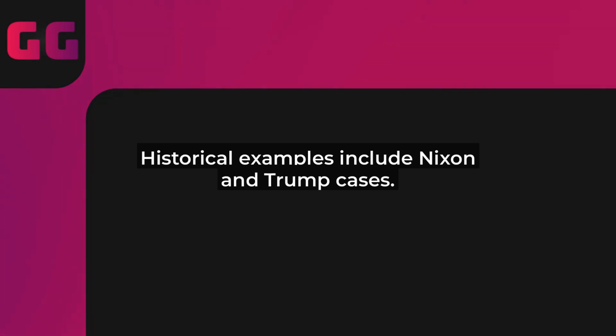Another key method is the 25th Amendment. This one's for situations where the president is unable to perform their duties due to illness, injury, or mental incapacity. It's invoked by the vice president and a majority of the cabinet. They can declare the president unfit, and the vice president steps in as acting president.